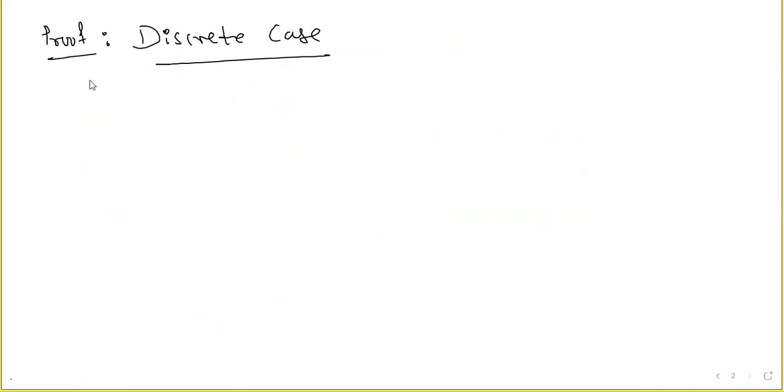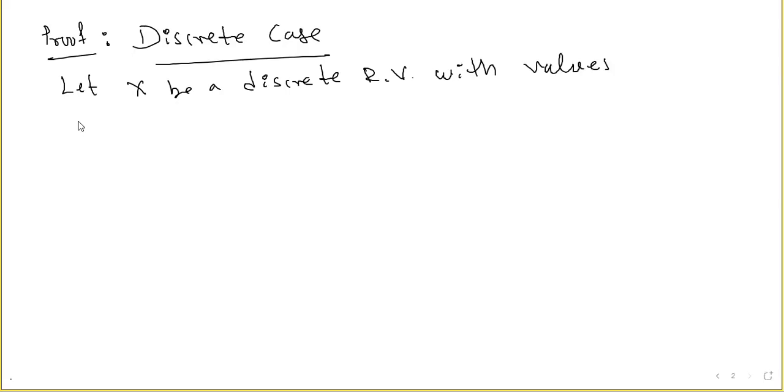So here let x be a discrete random variable with values x1, x2, x3, and so on up to xn